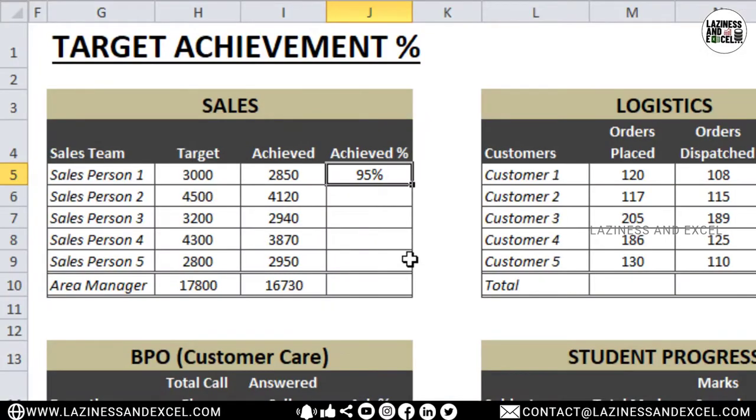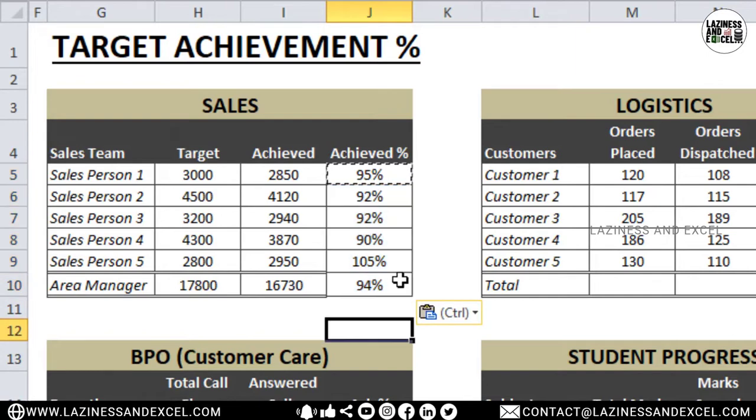So far so good. To apply the same formula to the rest of the cells, I am just going to copy this formula and paste it to the cells below. But you can notice the area manager border formatting was broken when I directly pasted the formula to the cells below. So to avoid breaking the formatting, I will just undo it.